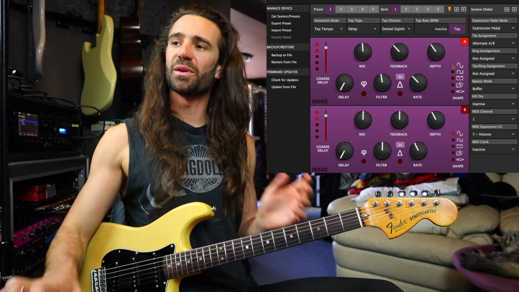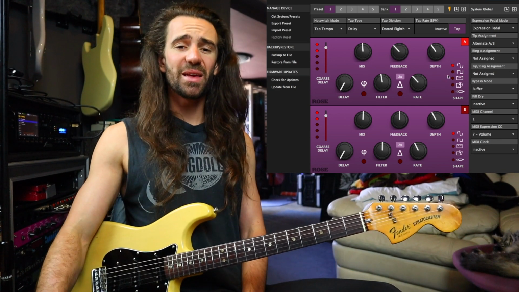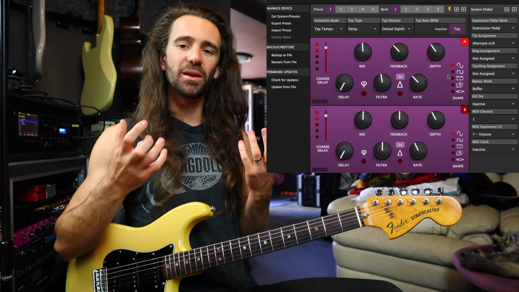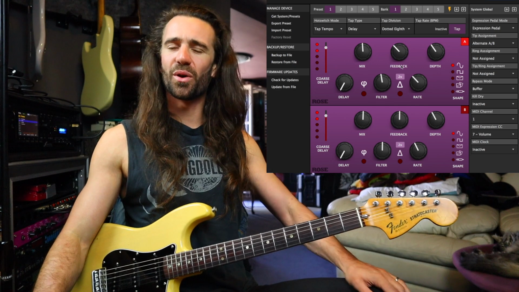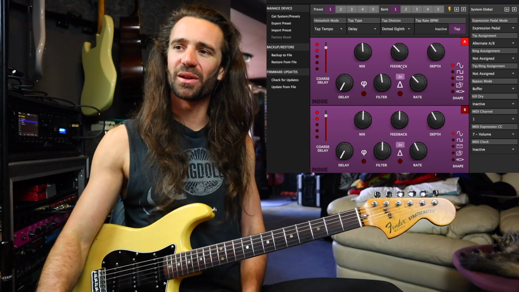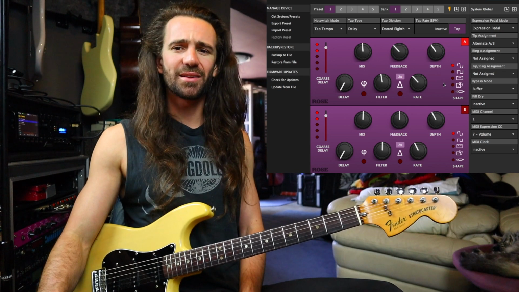So you can see you can choose between different modulation shapes over here, and tweaking the filter is going to have a pretty big impact on the quality of the delay repeats. I like it somewhere near the middle because for this, I just kind of want an analog style delay. So turn the filter up to filter out high end, add a bit of modulation, and it sounds pretty great